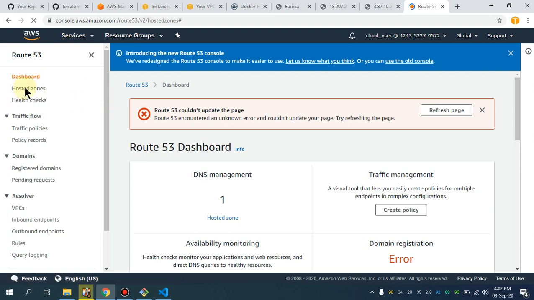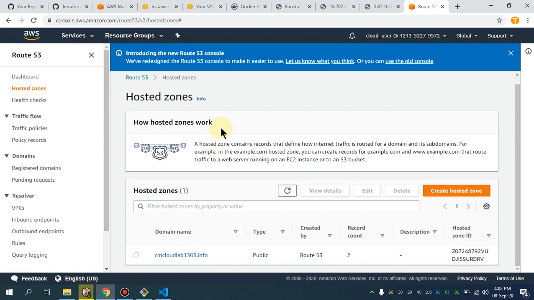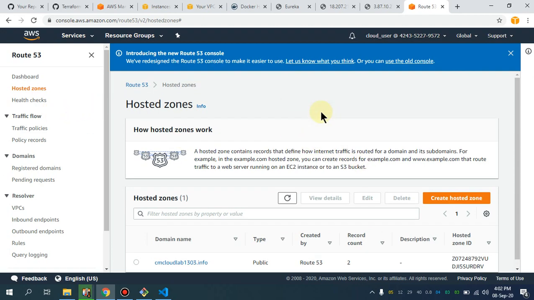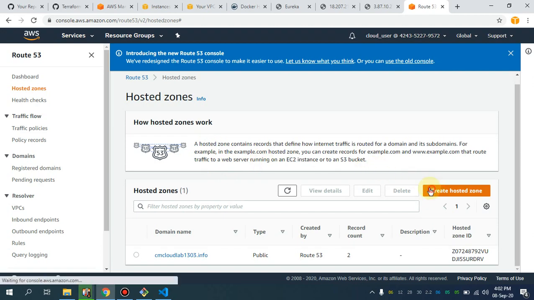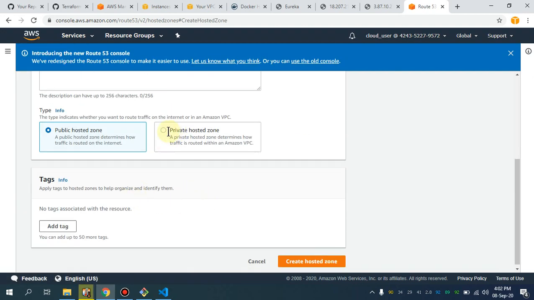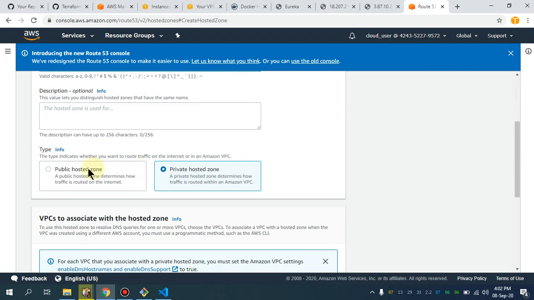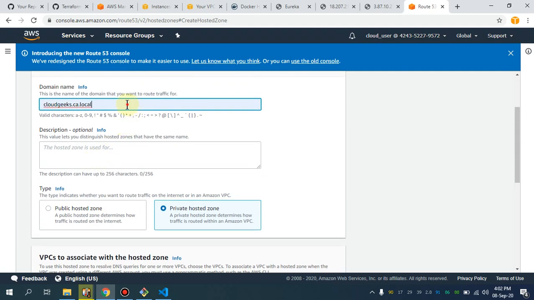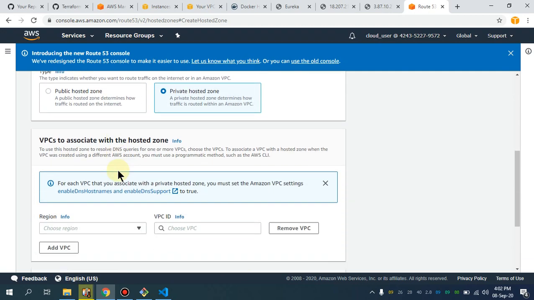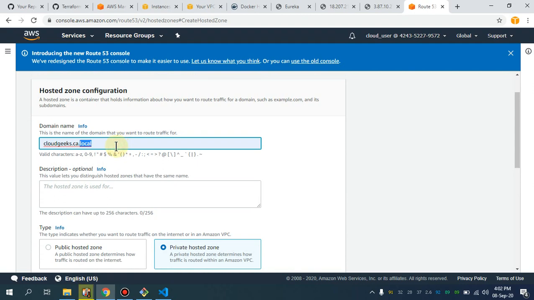So click on hosted zones. I'm going to create one hosted zone, and it is going to be a private hosted zone. The name for that is going to be cloudgeekca.local.